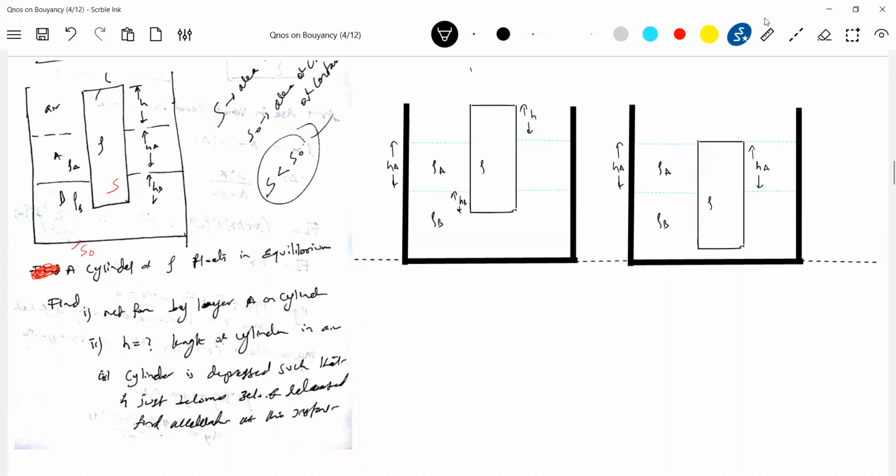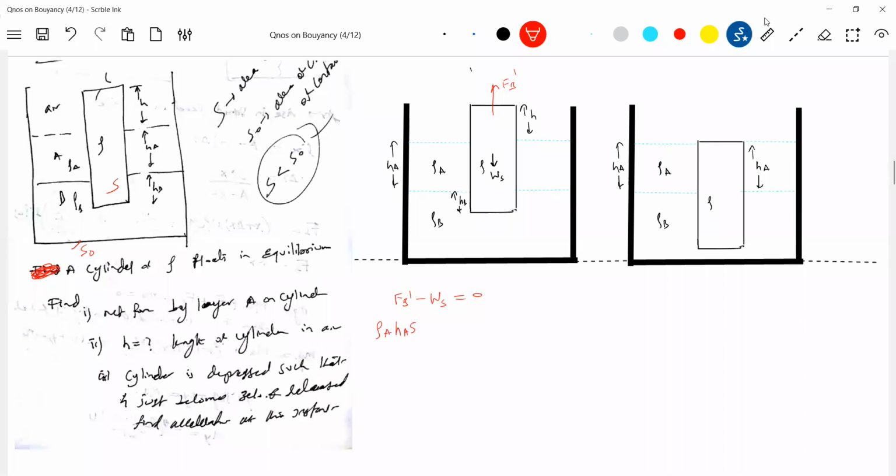Get into this one. Okay, first we'll go for what are the forces: the weight of the cylinder and the buoyant force. So it's a practice of showing buoyant force FB dash. Let's write here: FB dash minus WS equals 0. What is FB dash? Buoyant force, so rho A